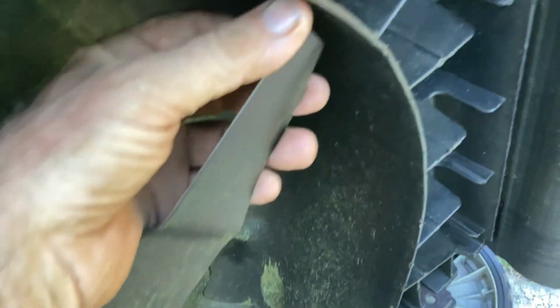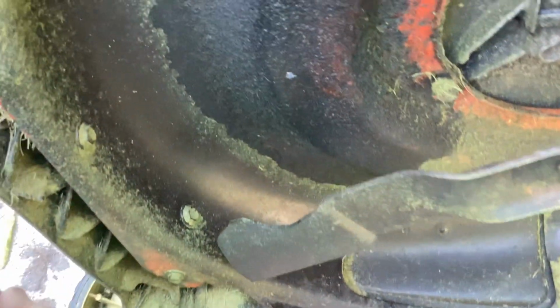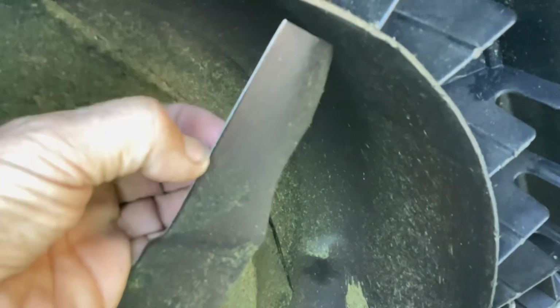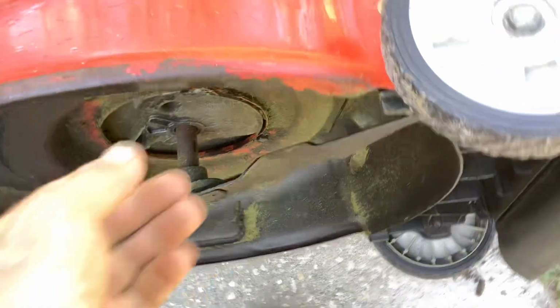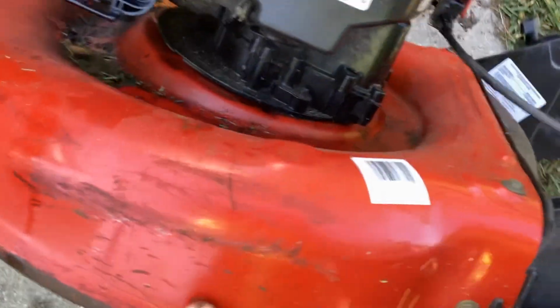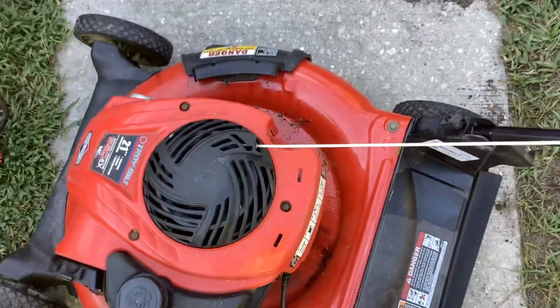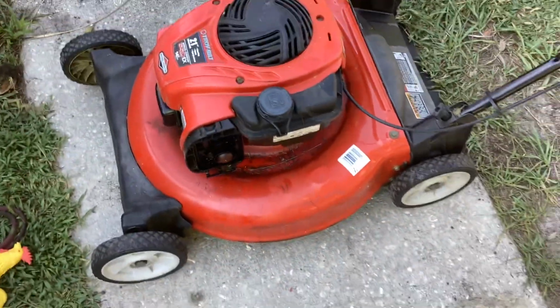Okay, no major nicks here. It's still fairly sharp like I sent it out the door. Same with this side, no nicks, fairly sharp. You can see he's been using it a few times. So no major damage down here, so this will be okay to resell. We got a straight edge there. So this one turned out fine. I sent him and his son down the road with another machine. They're happy. I'm happy that I can resell this